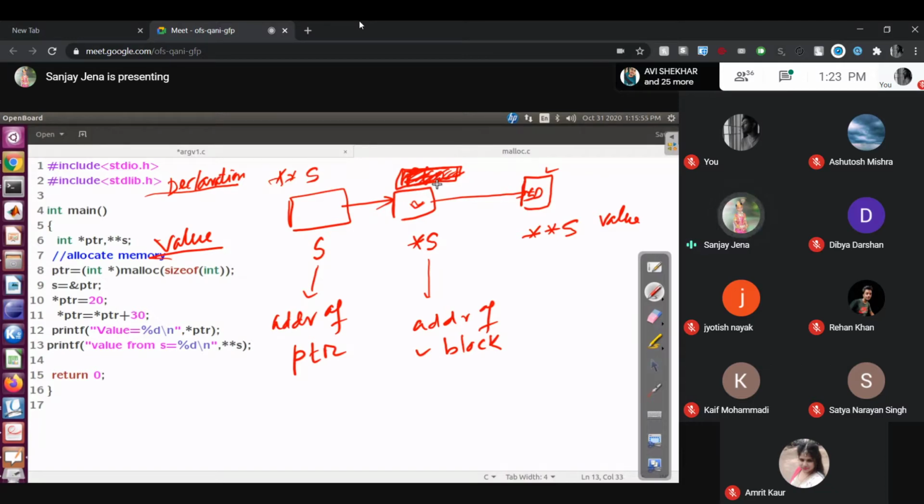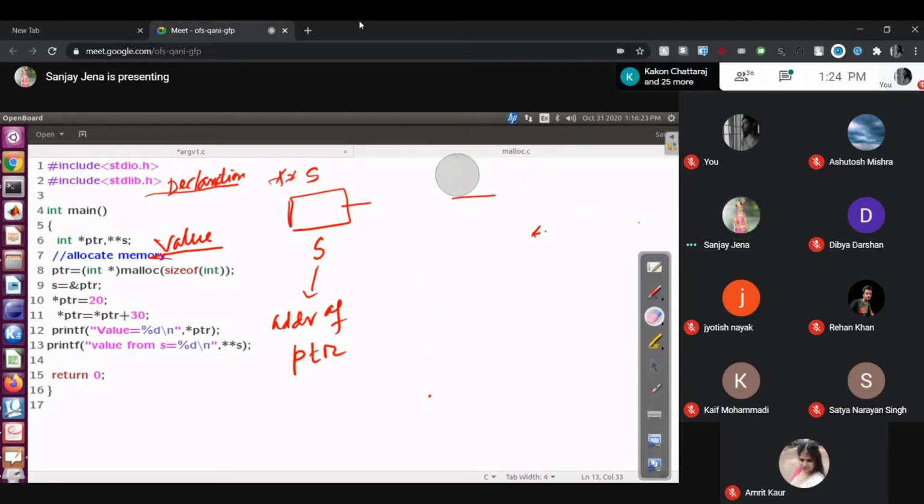Right? Now I want, instead of a single block, to create an array of blocks. Do you have any problem? No, sir. No problem. Then what is our argument array? An array of pointers.